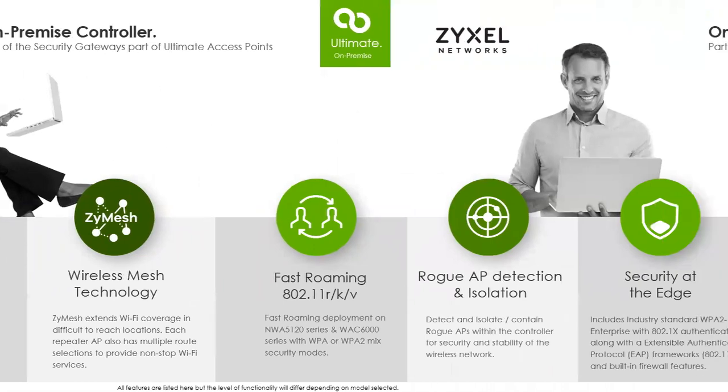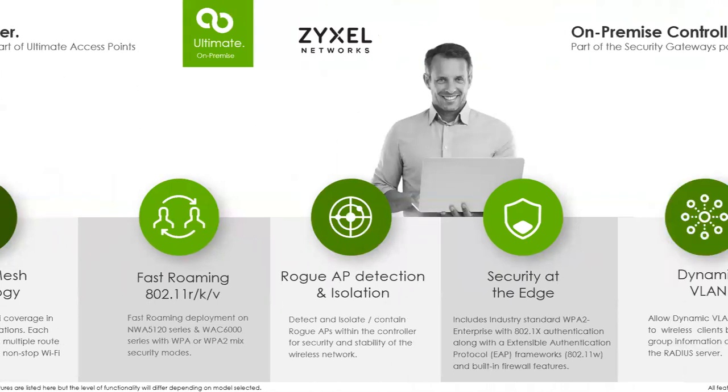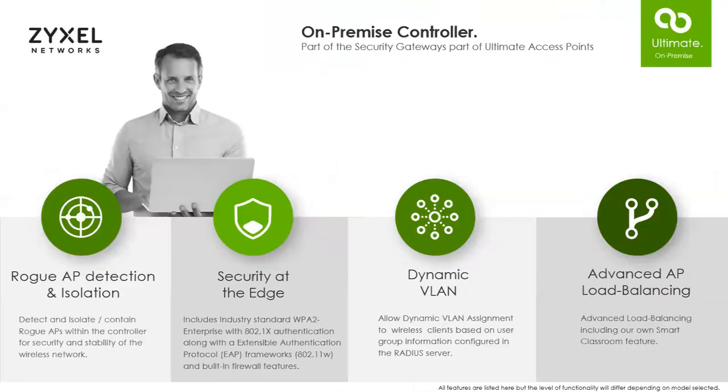Rogue AP detection and isolation, although I will warn you about using isolation in the US. There have been people who have gotten in trouble for using similar tech because the FCC rules in the US say you cannot interfere with other Wi-Fi devices. So just be aware of that technically if you're doing Rogue AP isolation, you may be violating FCC rules here in the United States. Dynamic VLAN, the ability to assign VLANs as the user authenticates uniquely there using one SSID,